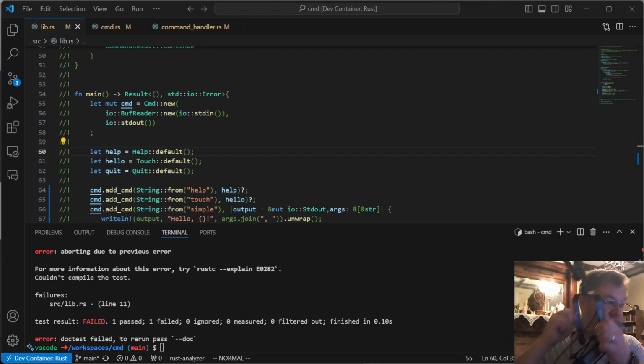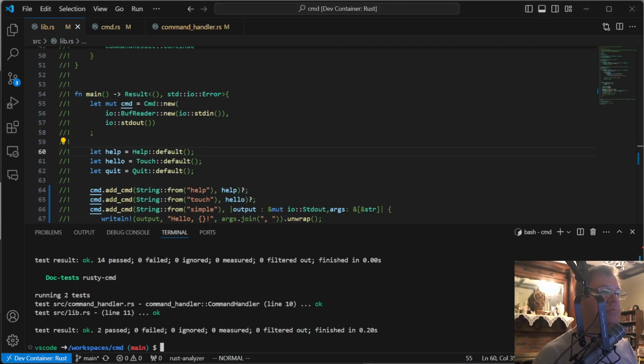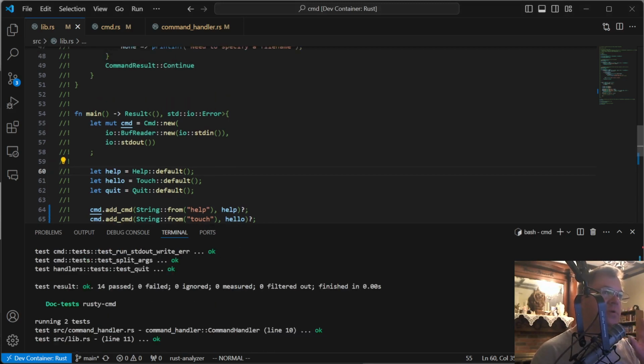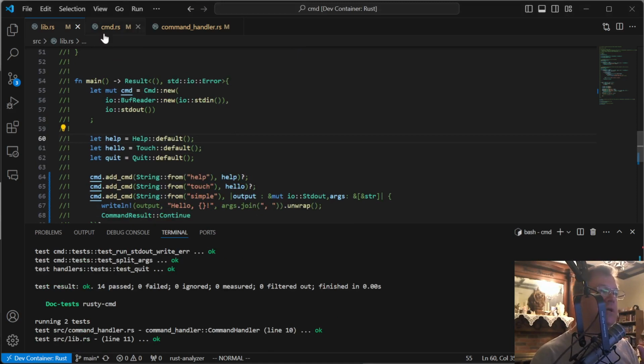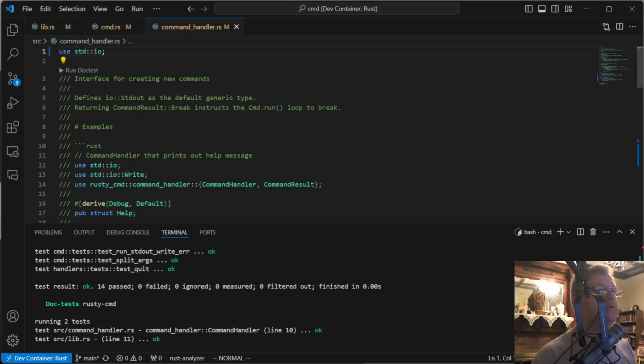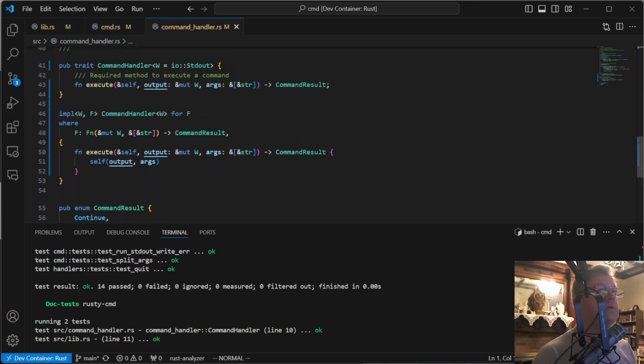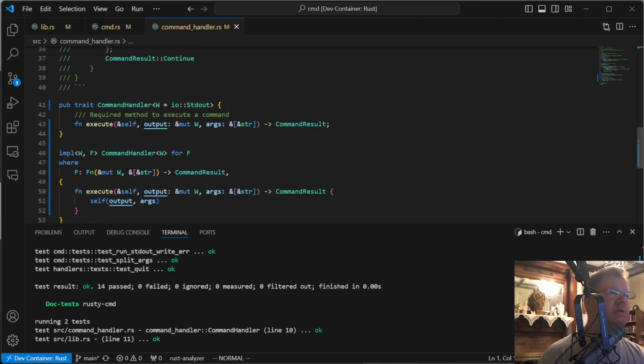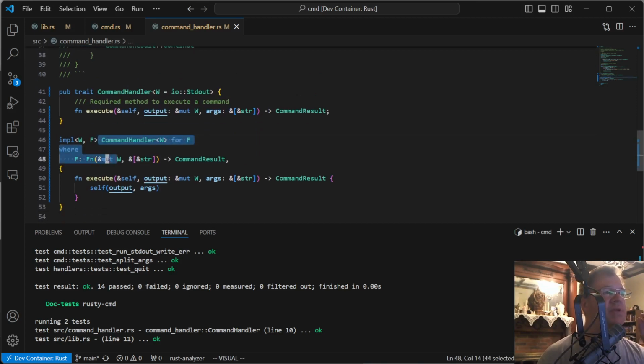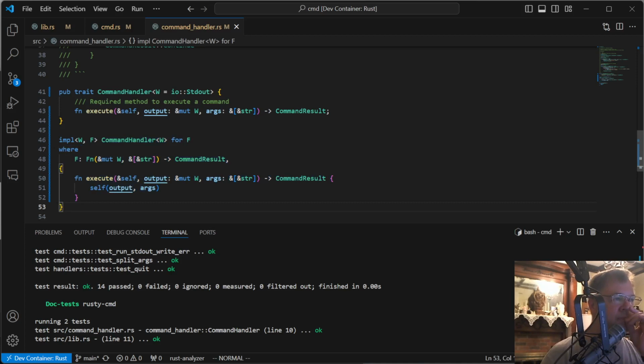Okay, I have no idea where this video is gonna go, but we're gonna give it a shot. So in the previous one, we changed up the command handler to, where is the trait? Here it is, to be able to have this blanket implementation for FNs, but it sort of had an issue with where it's writing its standard output to,